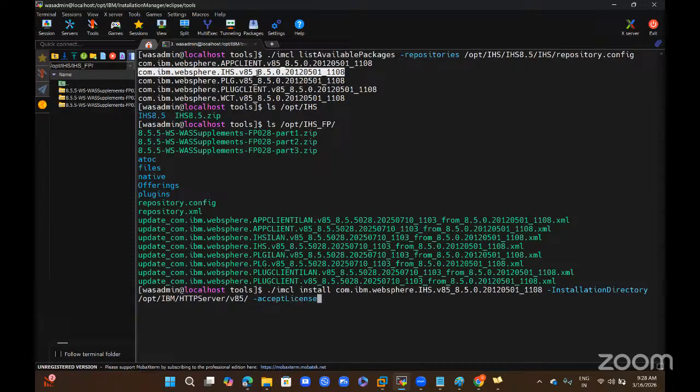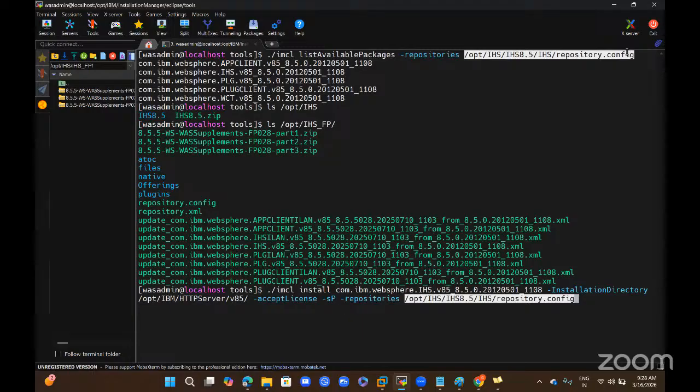Hyphen accept license. Accept license is nothing but the terms and conditions of the IBM product, meaning copyright is not there. Okay. Accept license, hyphen repositories, and the repositories are where we have unzipped the package. In this you can give hyphen properties, user dot ibm dot http port